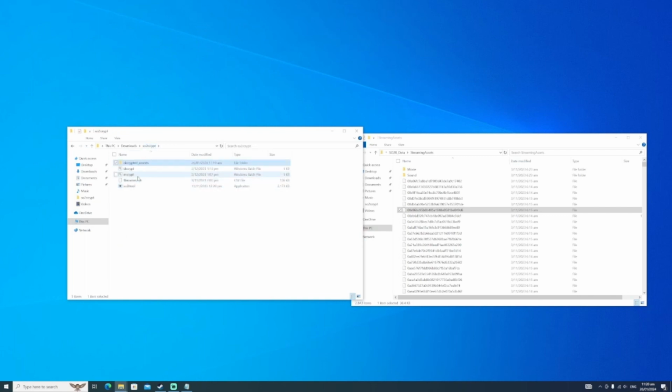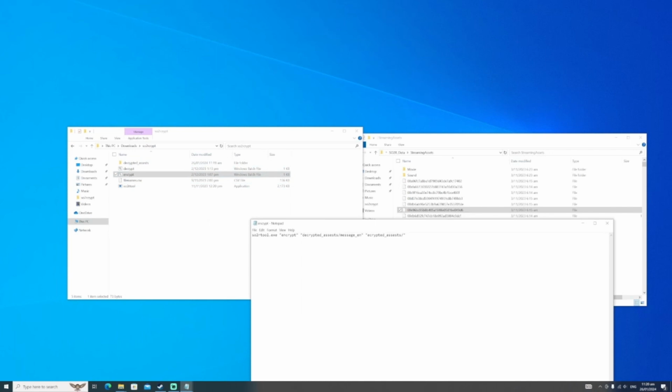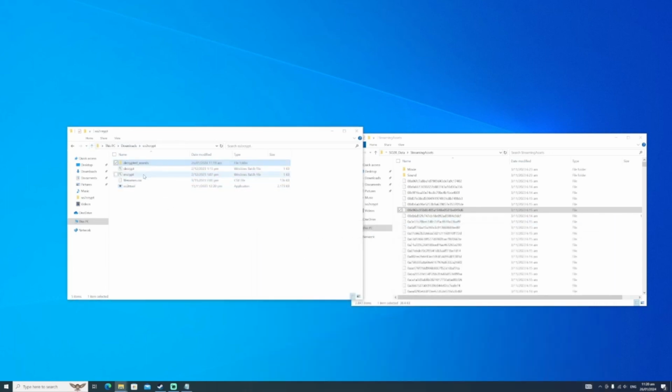And then we'll go back to the encrypt tool. The encrypt tool is running the same application again with the encrypt parameter instead of the decrypt parameter. Then it's looking in this location here, at this decrypted assets, and it's looking for that message en. So you'll need to change this for the file that you're actually working with, and then it'll output it into the encrypted assets folder, which will be in the same directory here. So if we just run this,